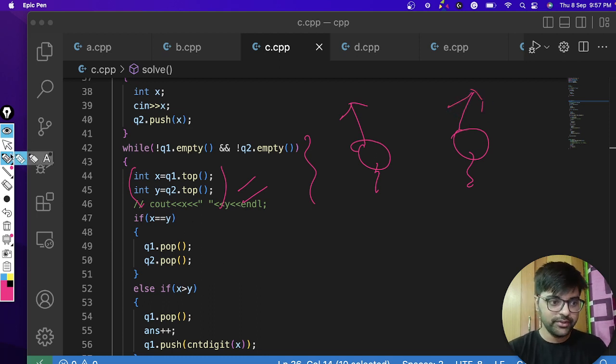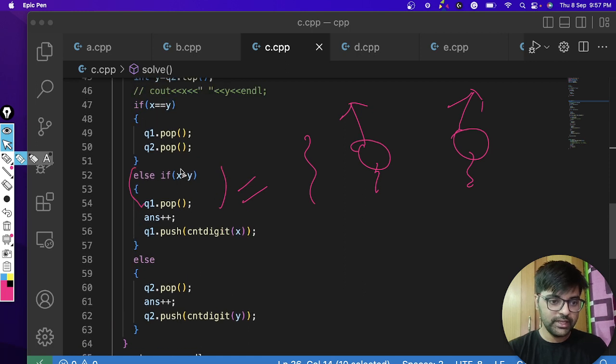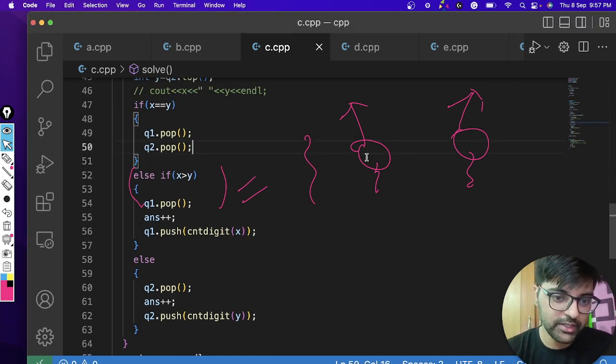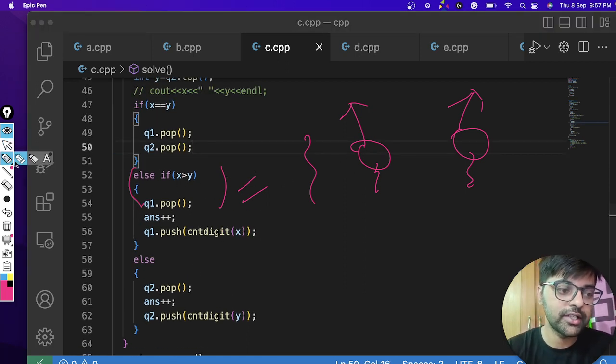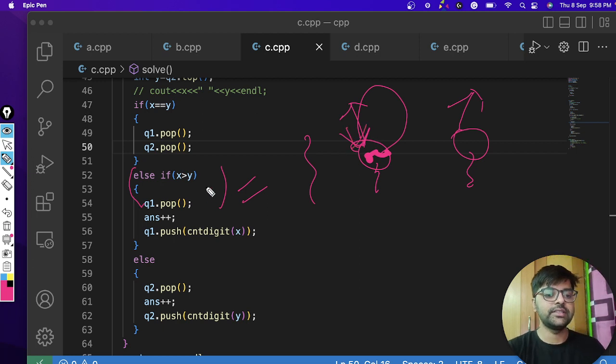Now let's say x is the bigger number, then we will apply the transformation here and put it back in itself, right? If x is greater than y, then I do q1.pop, and the total number of moves increases, as we have applied one move using count digit, so one move is required, so that's why I push again q1.push count digit x.